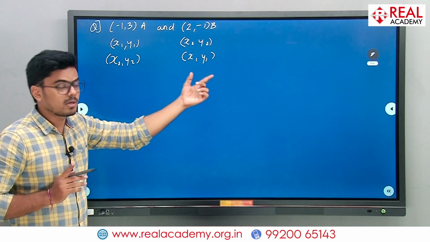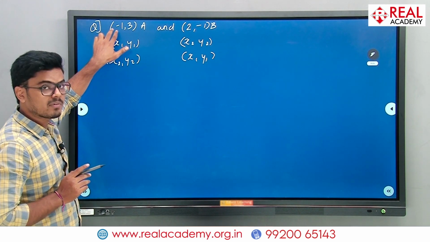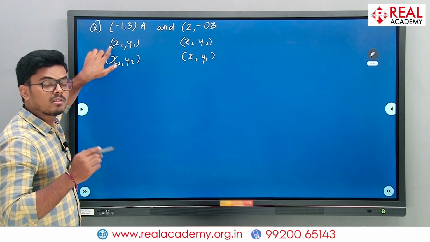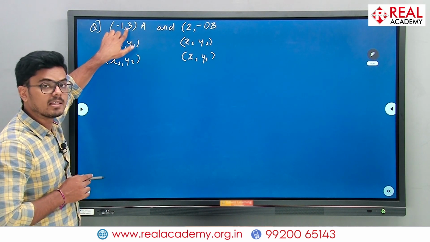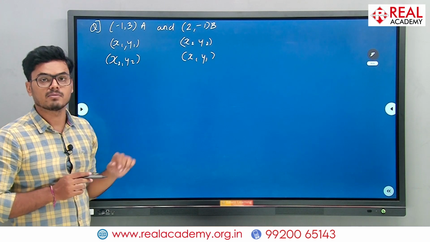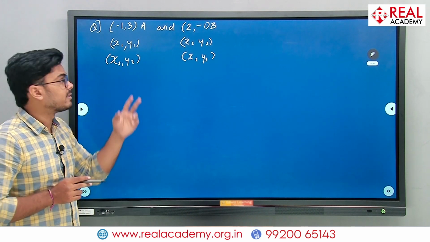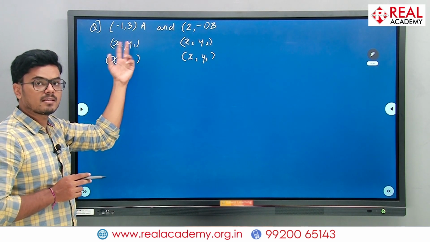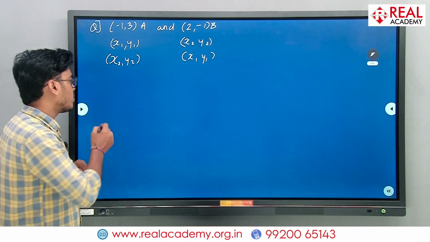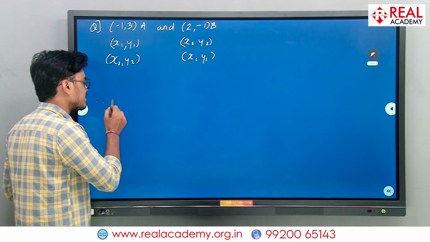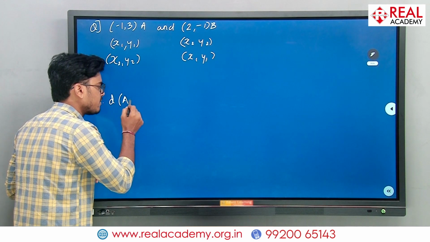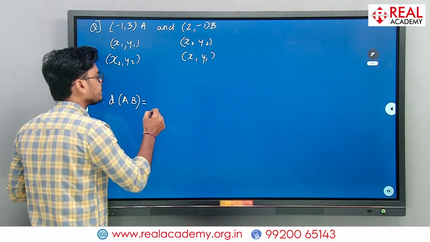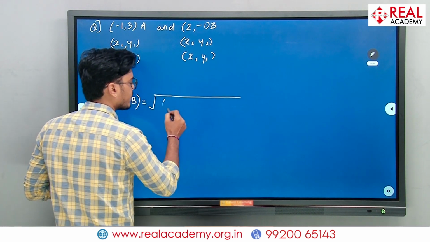But you have to make sure that if you consider minus 1 as x1, your value of y1 will be 3 only. You can't take y1 as minus 1. Okay? Cross won't work. If this is x1, y1, you have to consider them together only. So if you solve it using the distance formula, the distance between points A and B by the formula